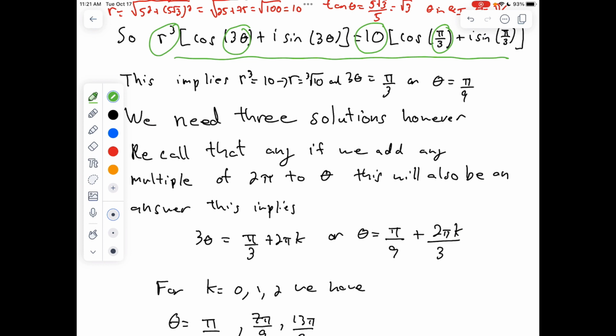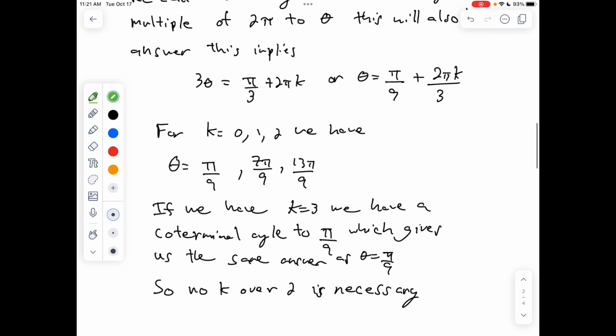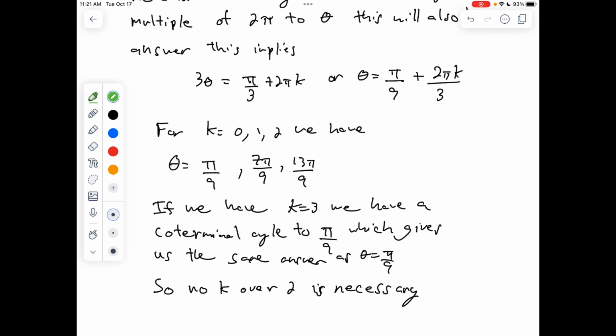Well, if you solve for theta in that case, you still get your pi over 9, and you get 2 pi k over 3. And how would I get the solutions? If you plug in k equals 0, 1, and 2. You plug 0 in, you just get pi over 9 again, so that's the first solution we got. If you plug 1 in, you would have pi over 9 plus 2 pi over 3. You would get 7 pi over 9. And then if you plug 2 in, you would get pi over 9